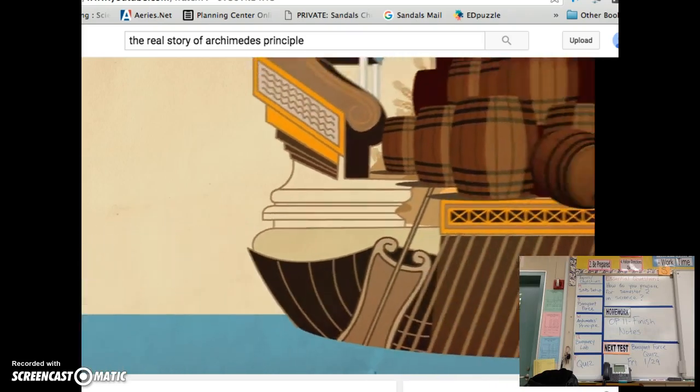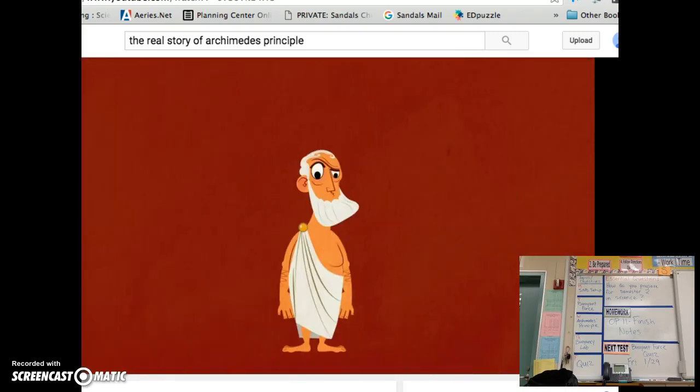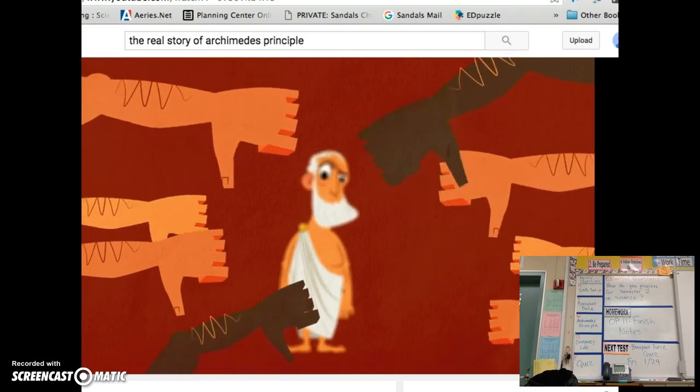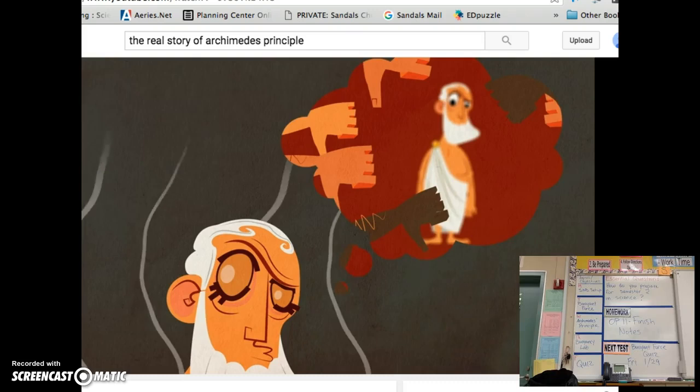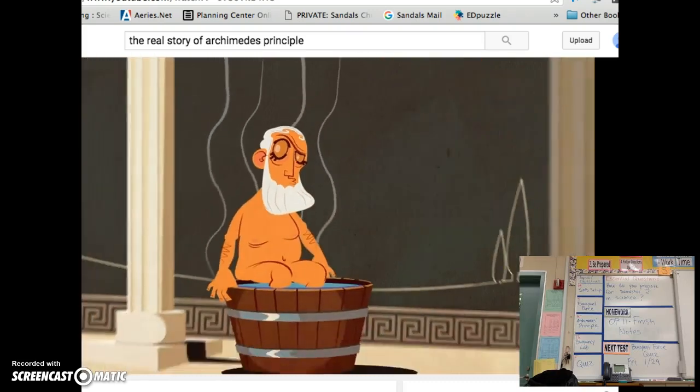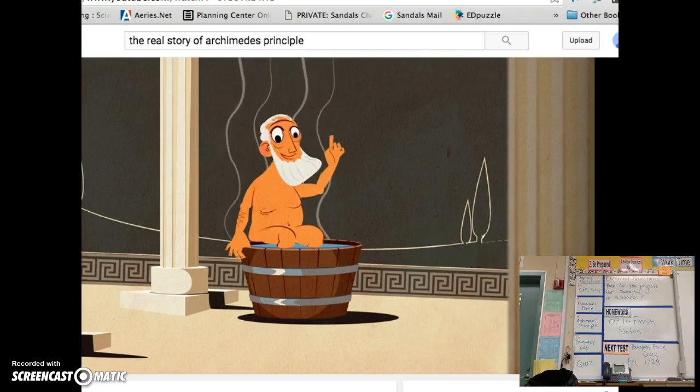To build something of this scale only for that to sink on its maiden voyage, well, let's just say that failure wouldn't have been a pleasant option for Archimedes. So he took on the problem. Will it sink? Perhaps he was sitting in the bathhouse one day, wondering how a heavy bathtub can float, when